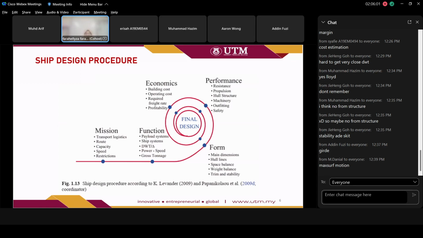Or you can also represent the ship design process based on what we call a spiral process. Starting from mission, then we interpret it into function, get all the form, the main dimensions, the hull lines, and so on. Then we look into the performance assessment, the resistance, propulsion, hull structures, and so on, and then economics until we get the final design. So it's a spiral process because